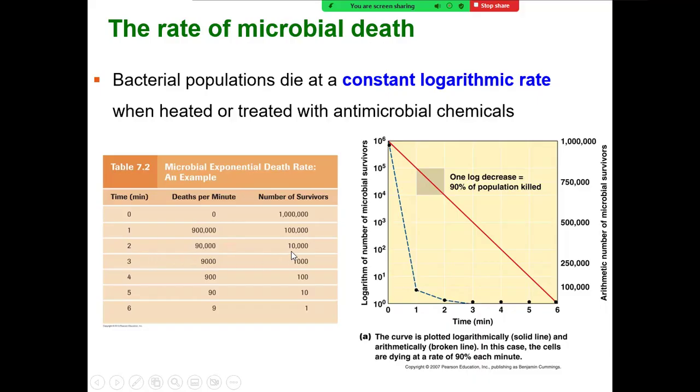At 2 minutes, there will be only 10% of these 100,000 left, or 10,000, meaning another 90% died. And then that continues at 3 minutes, 4 minutes, 5 minutes, 6 minutes, where at every time you get 90% dying, or